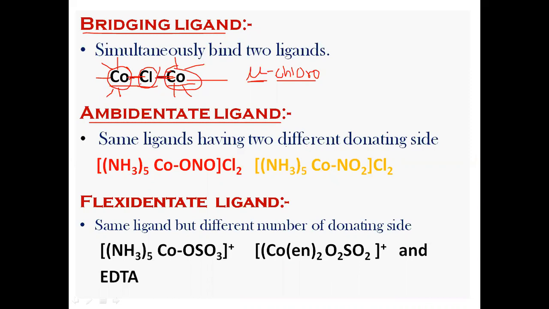एम्बिडेंटेड लिगैंड, अब देखो, यानी हम किस तरह से क्लासिफाई करेंगे कि सेम लिगैंड हैविंग 2 डिफरेंट डोनेटिंग साइड। ओके, मतलब एक ही लिगैंड है बट उसकी डोनेटिंग साइड अलग अलग होती है। तो फॉर एग्जांपल हम यहाँ पे देखते हैं कि एक कॉम्प्लेक्स है, रेड कलर में दिख रहा है, जहाँ पे कोबाल्ट है और ये नाइट्रो ग्रुप है और एक यहाँ पे अमाइन ग्रुप है। ठीक है, तो इसमें ये बॉन्डिंग अगर हम देखते हैं, तो यहाँ पे कोबाल्ट और ऑक्सीजन, ये ऑक्सीजन इलेक्ट्रॉन डोनेट कर रहा है मेटल आयन को, और यहाँ पे बॉन्डिंग, तो ये हुआ कोबाल्ट और ऑक्सीजन के बीच में बॉन्डिंग।